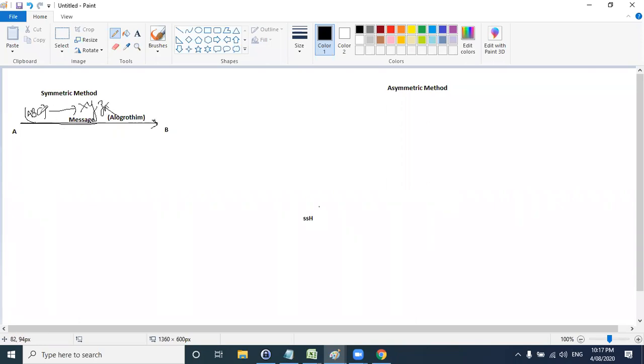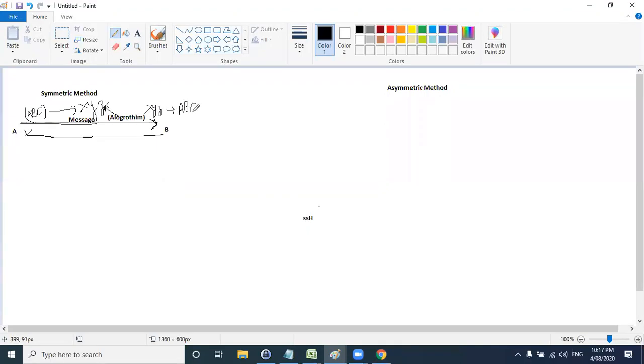When you are transferring ABC, this message will be converted into XYZ during the network transfer. B will get a message like XYZ. B will also have the same algorithm that A is using. When they decode, they will get the actual ABC value.